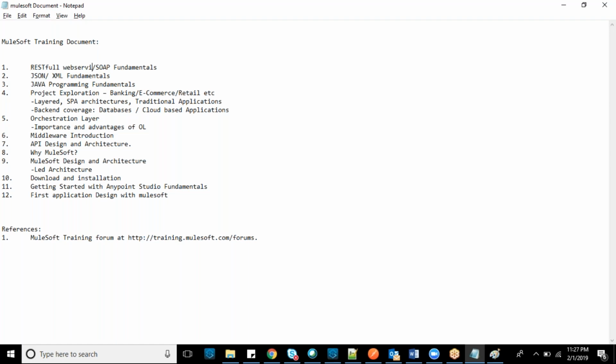Now I have covered the Java programming fundamentals, and next is the orchestration layer, where we are performing some operations. Currently, a plain thing comes in and you just pass it as it is.